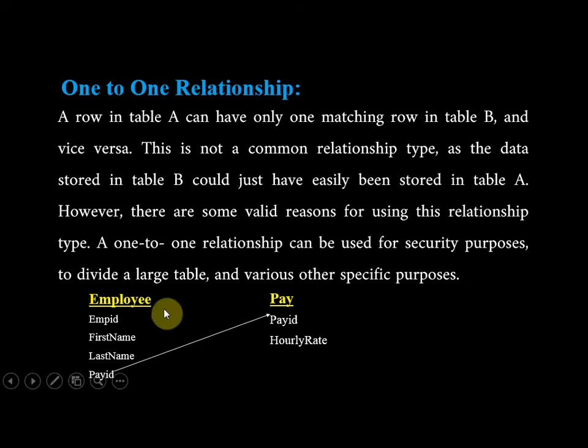When we create a relationship by using the unique field, the data should go uniquely to both the tables. There should be no repetitions of pay ID, but the data will be shared in both the tables. Otherwise, every time you have to open the first table and the second table to enter the data separately. You finish entering the data in the first table, then you have to go to the second table. But instead of entering the data separately two times, we can create a relationship between those tables and we can share the information.